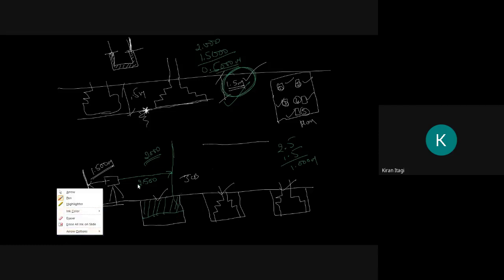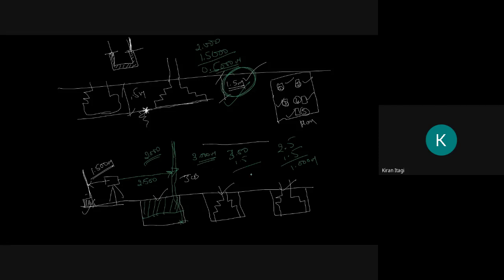The procedure will continue. So at this point, I will keep the staff here. Then I will take the reading. It is showing how much? 3.000 it is showing. So initial reading, how much was it? 1.5. 3 minus 1.5, how much is it? We have got 1.5 meter. So we have got the required depth for providing the footing. So we have done the first footing. Similarly, we will do the second footing, the third footing, fourth footing, fifth footing.